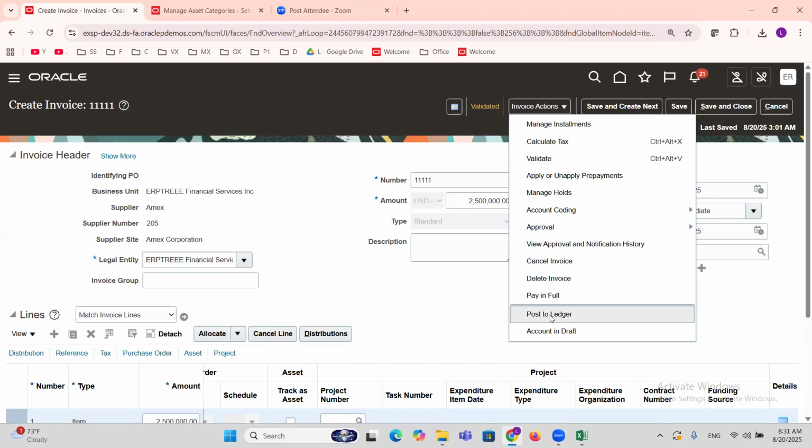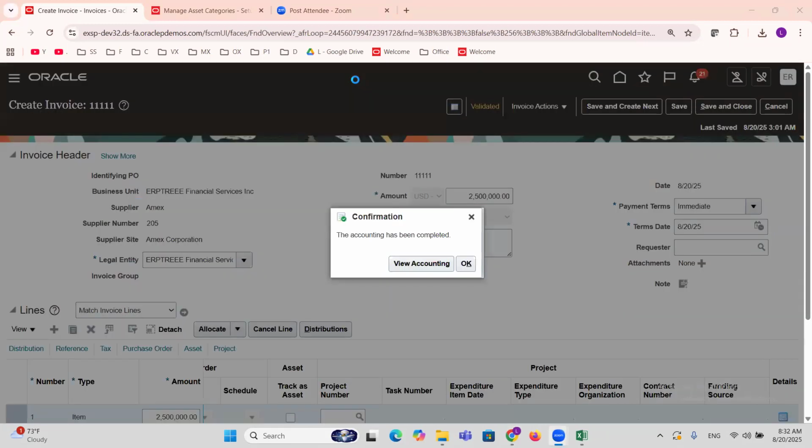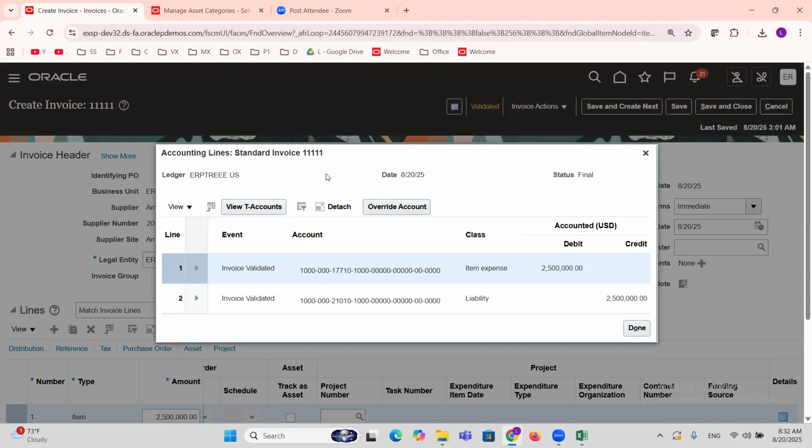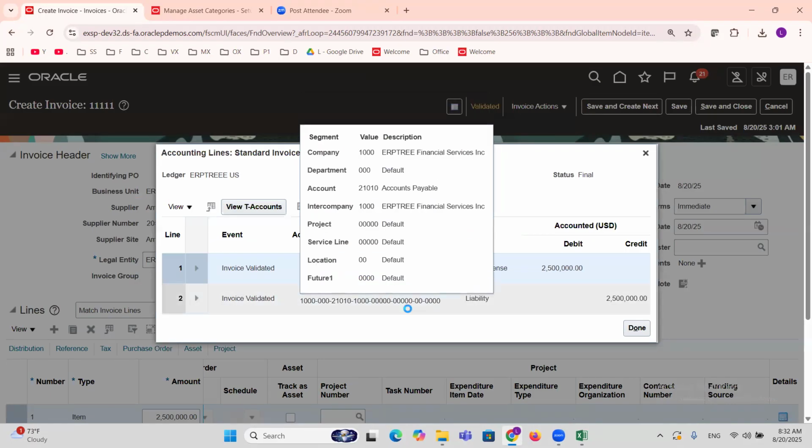Post to ledger. The system will always take the distribution account as debit and the credit account is liability. Now asset clearing account is debit,